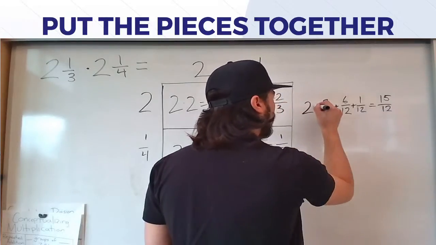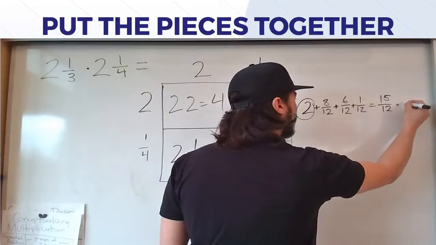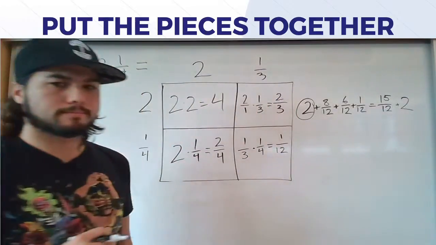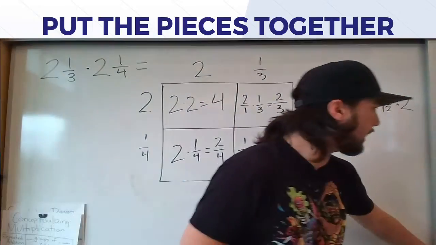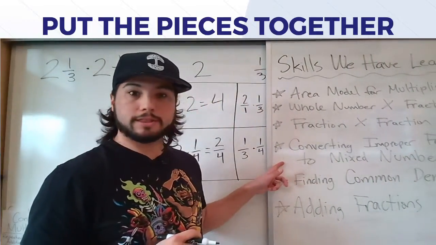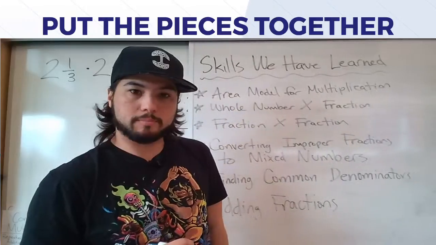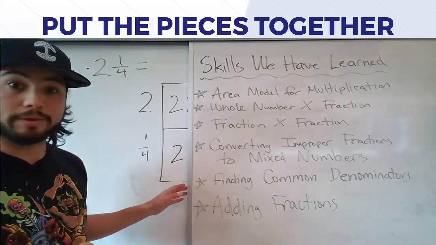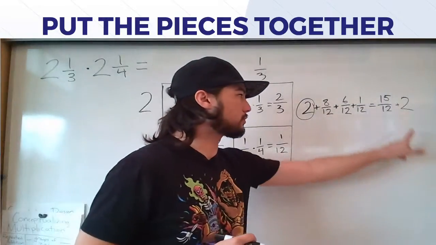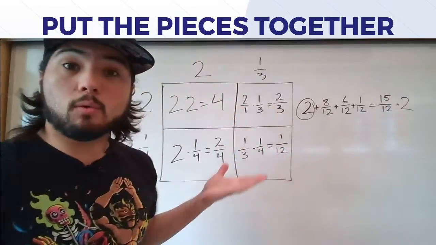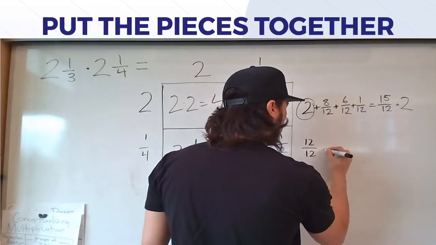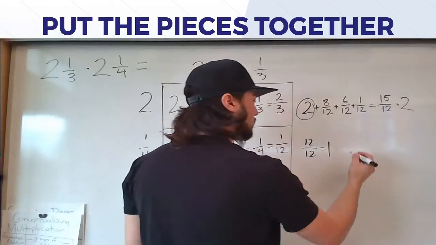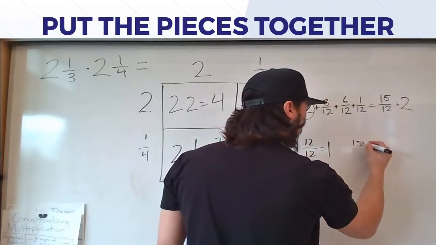Okay, and don't forget about our 2. 15/12 plus 2. Are we done yet? No, not yet. Let's convert that improper fraction into a mixed number, because we have more than 12/12. So we can make a 1, right? If 12/12 equals 1, then 15/12